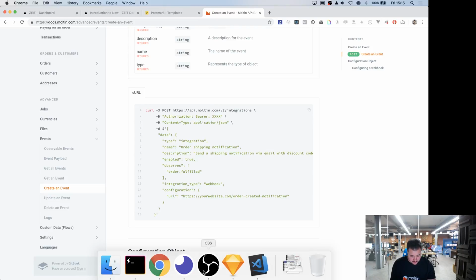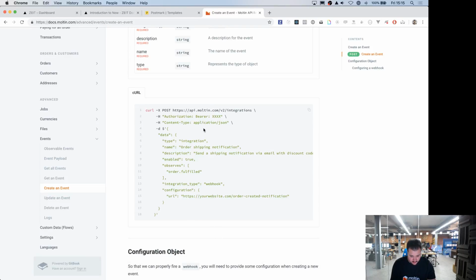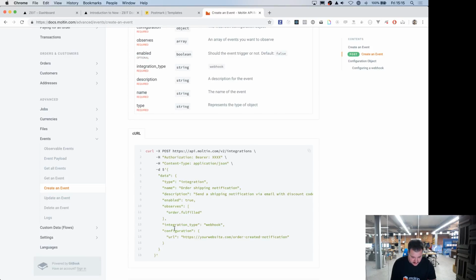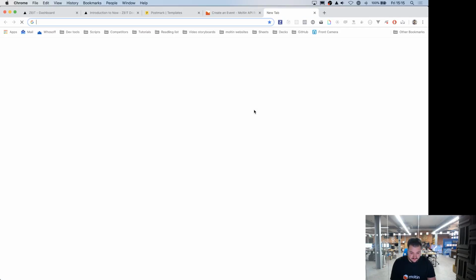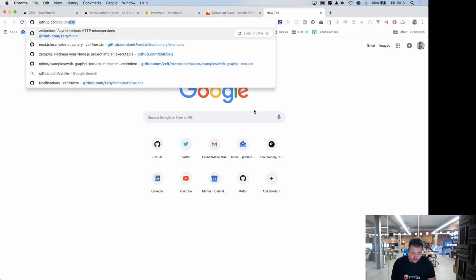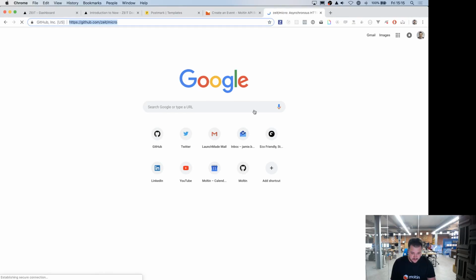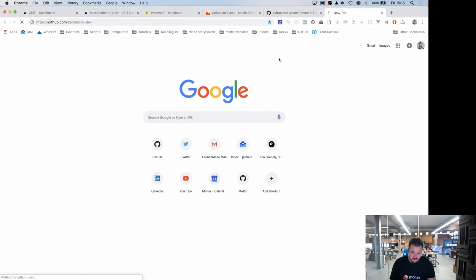So before we continue, let's have a look at deploying a quick function to now, so we can understand how that part works. We will be using a tool called Micro by now as well. If I open up GitHub and we go to the Micro URL and we go to the Micro dev,